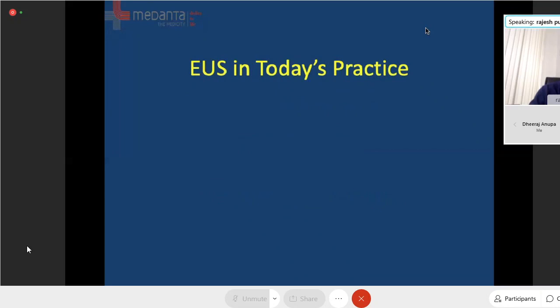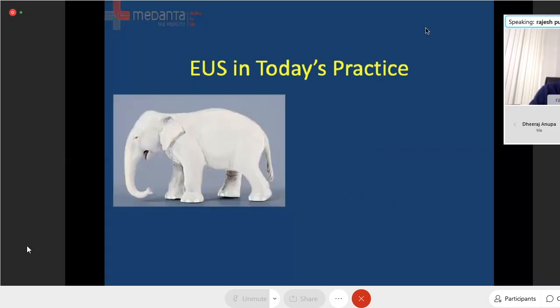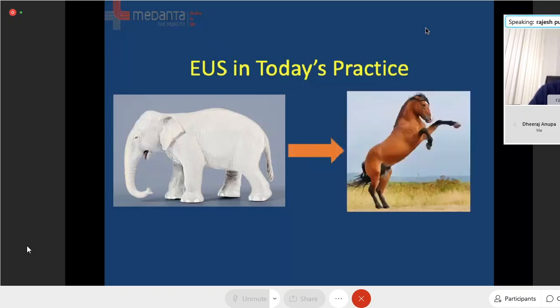GI practice. If you look at EUS in GI practice, it started 40 years ago, and it was like a white elephant. It was in the room, anybody could see it, and it was a huge investment, but it was difficult for people to understand where to use it, how to use it, and what the future would be. But in the next 40 years, it became a race course horse that has won many victories in its name. Similarly with endoscopic ultrasound, which was a dark room procedure, it entered into the integral part of the GI